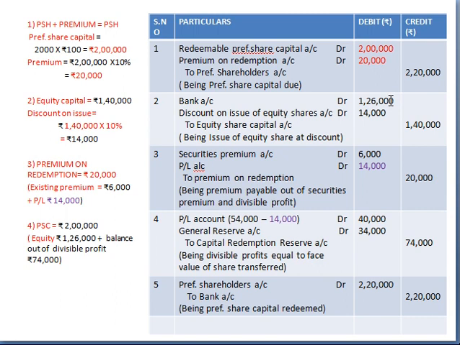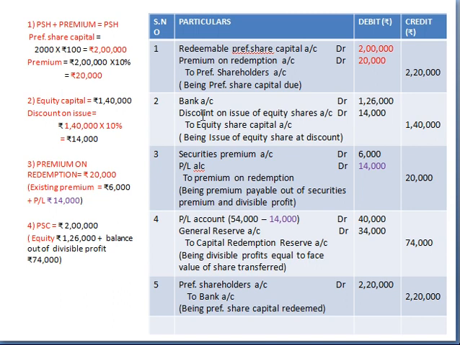Alright. Now your third entry is, now we'll make the arrangement of the fund. So when the company plans for the redemption purpose, company has to arrange fund for this. Now we'll arrange fund for the premium. So how much is the premium? So 20,000 has to be paid. So how will this amount be paid? So premium will be paid through three ways. One is company has to utilize the current year premium. Check your problem. Current year there is no premium. Current year the shares are issued at discount. So no current year premium.